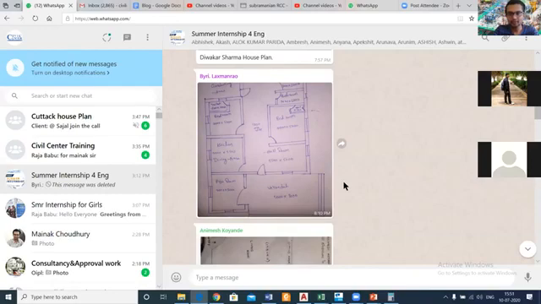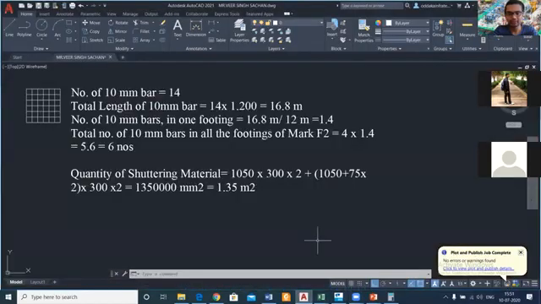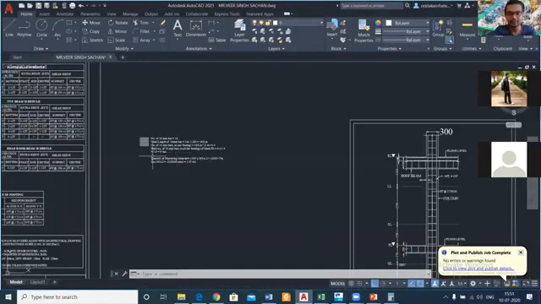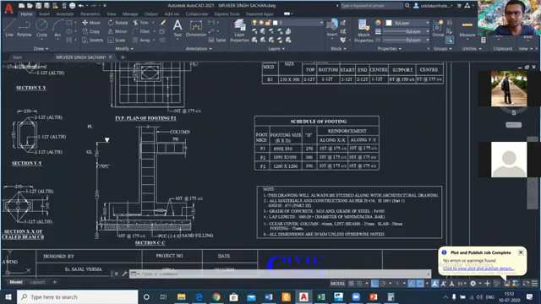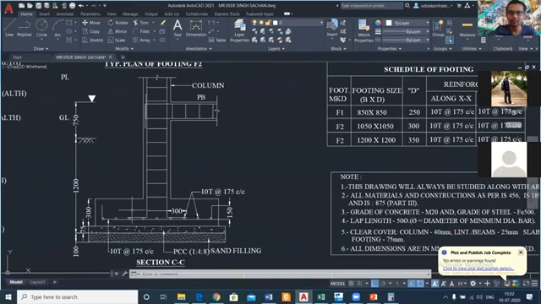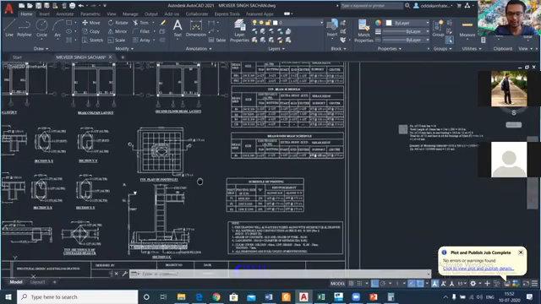Sir, in footing reinforcement is required both at top and bottom, 7 plus 7, 7 at top, 7 at bottom. No, it is not correct. It depends on your structural drawing. In the structural drawing which we had shown you, with the calculated structural reinforcements which we did, as you can see here, the footing reinforcement is only at your bottom. It's not always at the top and bottom both. It depends on your structural drawing.